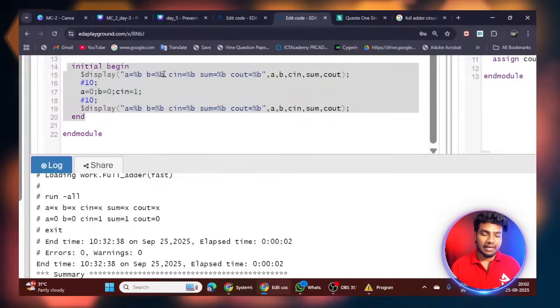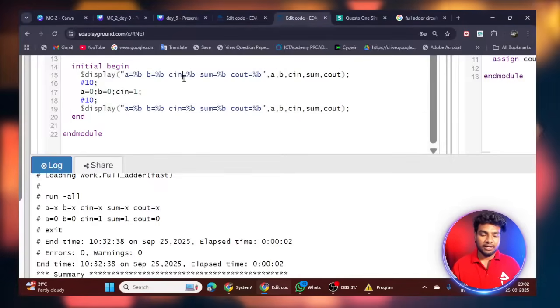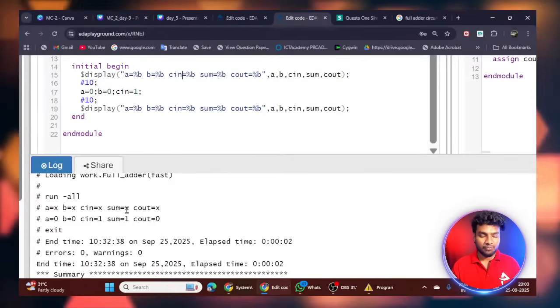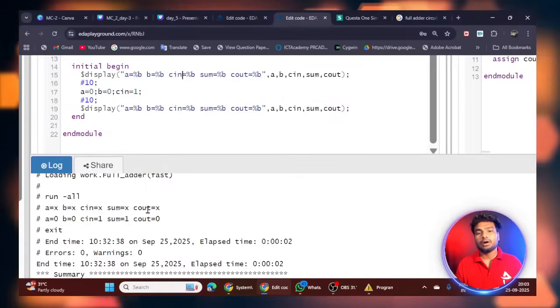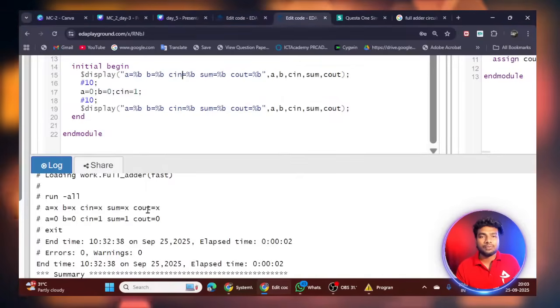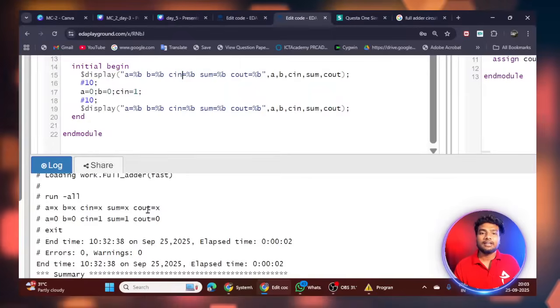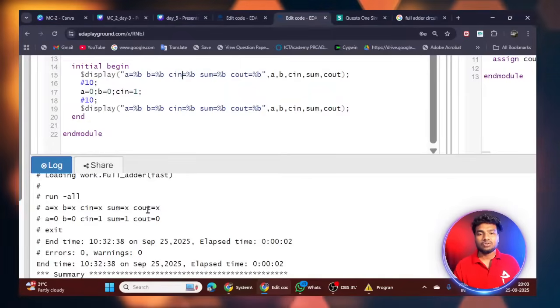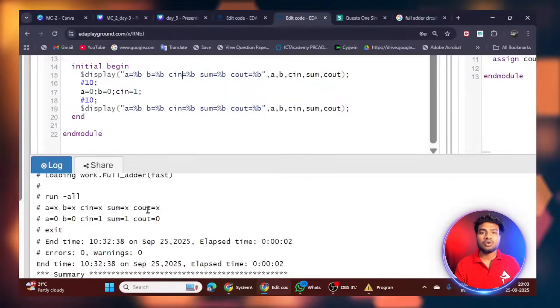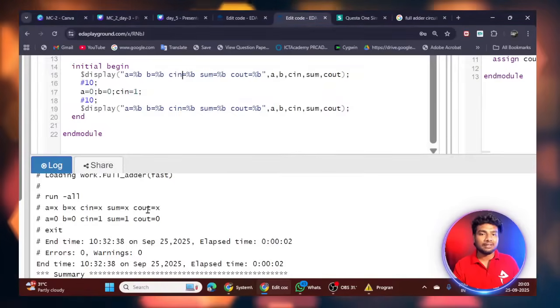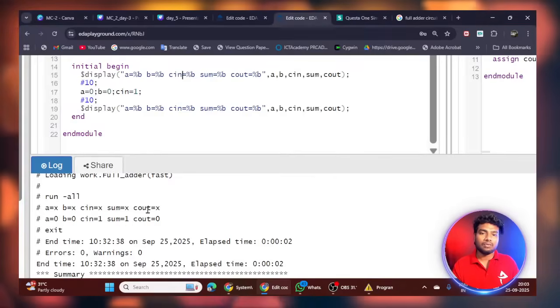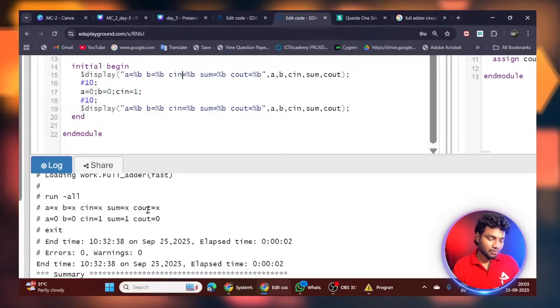At the initial time of the simulation, A, B, C in, sum, C out have X value. X means unknown. Unknown means at the starting stage of simulation, I didn't give any value for my signals, so the simulation will assume unknown values. The user didn't give any values for the signal, so it will automatically assign the unknown value, that means X value.